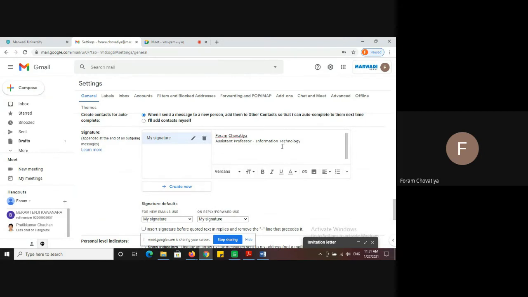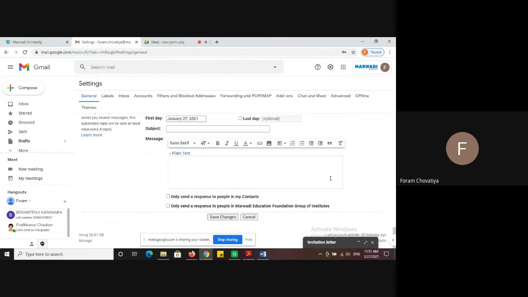For example, my signature is already done, but I change my signature to thanks and regards. Okay. Then after put my name, my designation and my department. Then after only you have to write that content in that box.